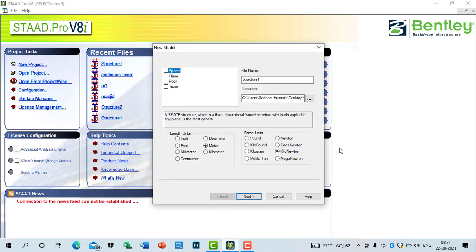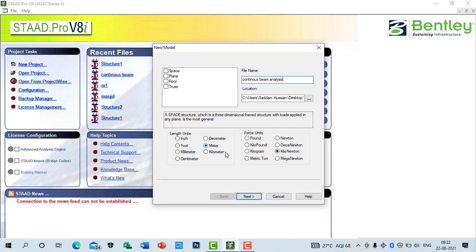Here you can give the name of the project, a file name, whatever the name of the file you have got. For example, let us say I'll write continuous beam analysis. Okay. So then over here you can select the location of the file, you can create a new folder for the file, and you can save the file in your desired location. Then as you can see here, meter and kilonewton are selected by default because we have already dealt with that in configuration.